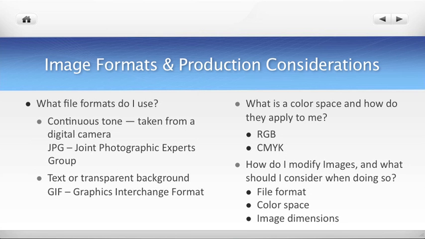You may have heard of four-color printing. Four-color printing comes from CMYK for four values, cyan, magenta, yellow, and K for black. We won't be working in the CMYK color space in this lesson, but it's important to know that it exists,